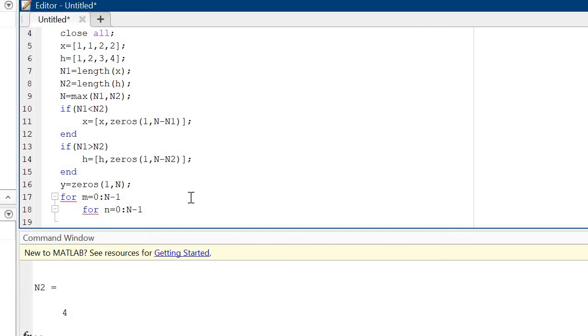Now after that, okay, after that take output y bracket m plus 1, because I am starting with a 0, so I am taking m plus 1, equal to y m plus 1 plus x n plus 1.